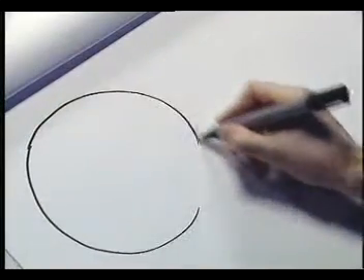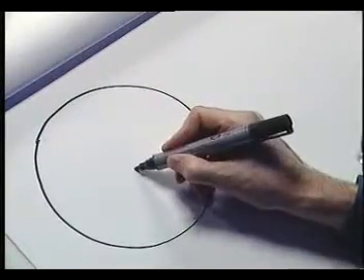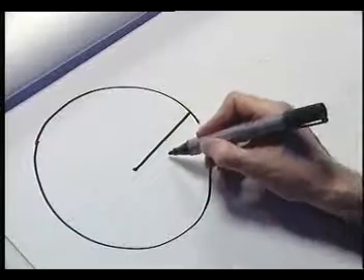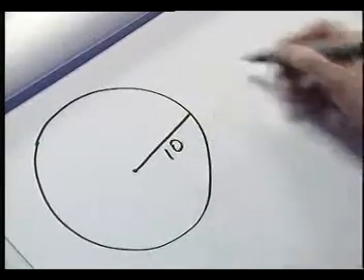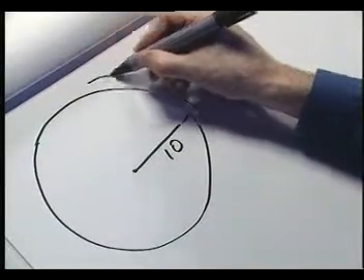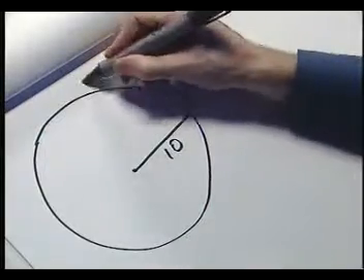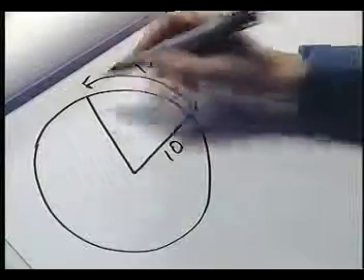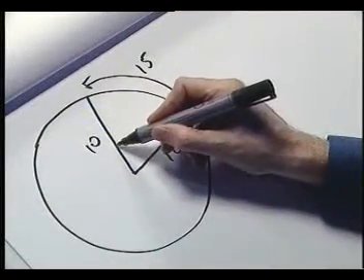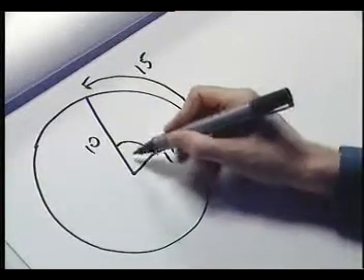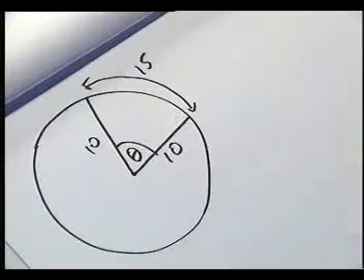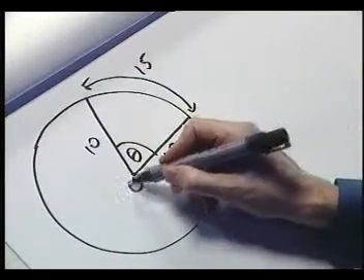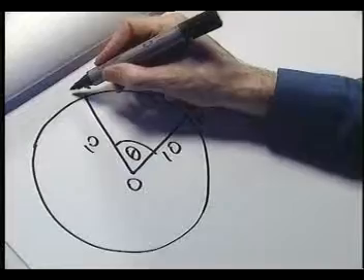Start from the same point, that is, we've got a circle. We've got a circle of radius 10 centimetres, and this time let's say we're going to take an arc length of 15 centimetres. And the question is, what is the angle in radians here at the centre, but also what's the area of this sector